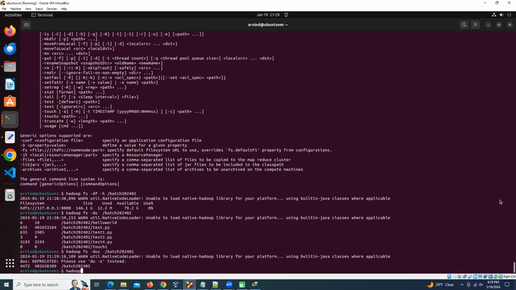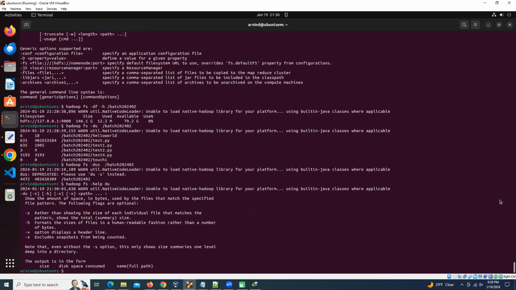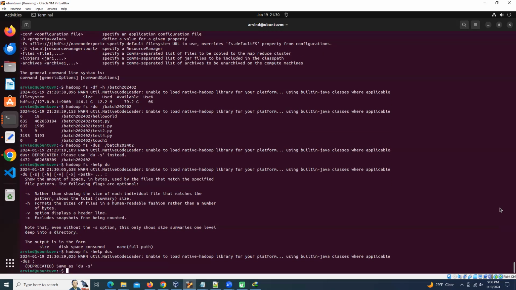if you want to see the output format for any command, the output is in this form. So the first one is the du command we use, right? We get the first column as size, the disk space consumed, and then the name with full path. That is coming. If we see dus,